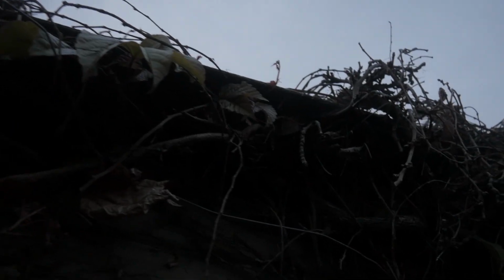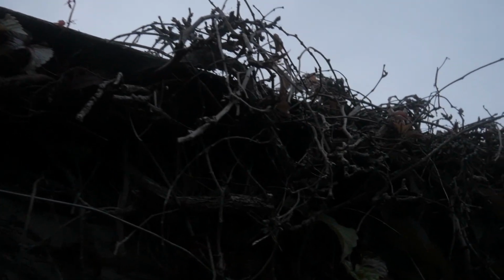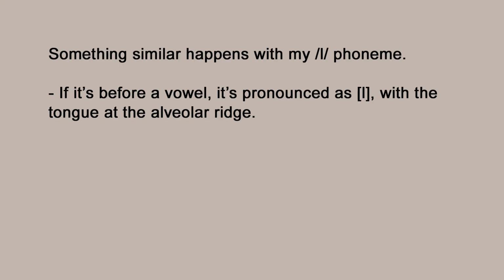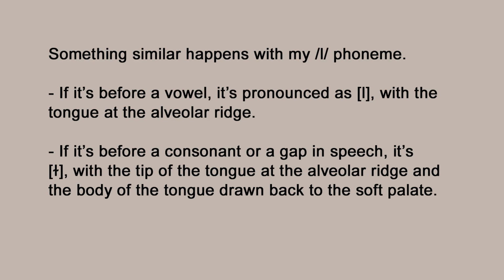That might sound strange, but it's similar to what happens with the L phoneme in my dialect of English. If it's followed by a vowel, it's just plain L with the tongue at the alveolar ridge. But if it's followed by a consonant, or it's at the end of a word, it's pronounced with the tip of the tongue at the alveolar ridge and the body of the tongue pulled back and up to the soft palate. All. You can hear the difference. All. I say lilt,